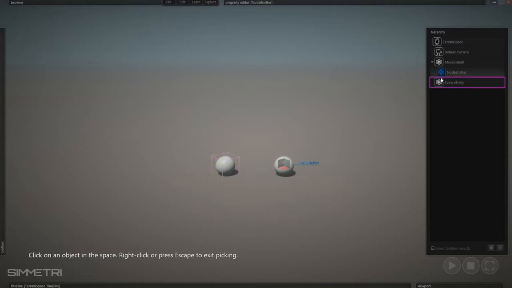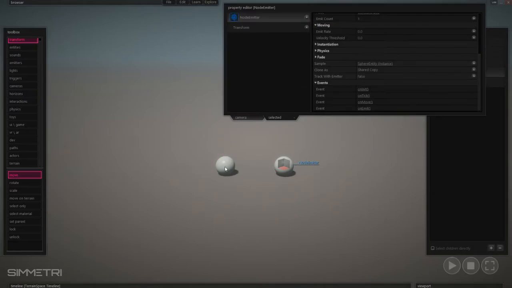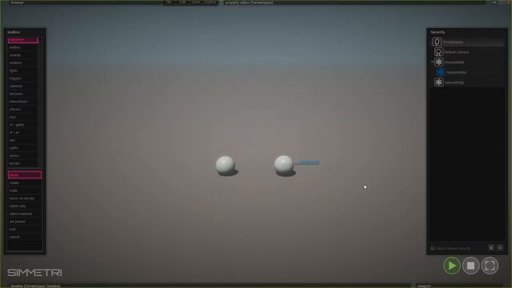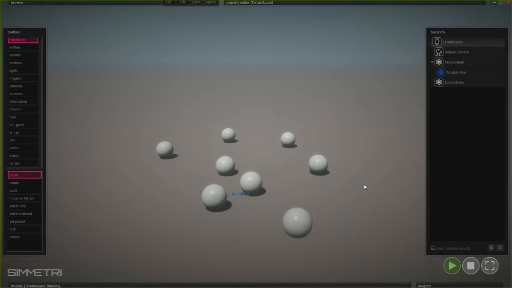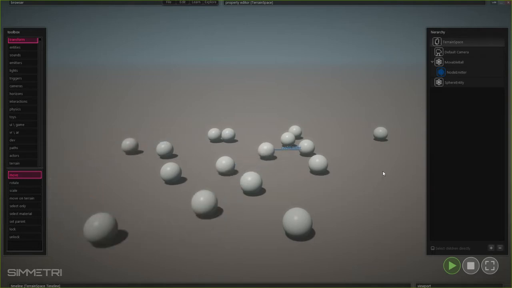So you can select it here. You could also select it there. But now that we've done that, our node emitter should be emitting these spheres. Since they don't have a rigid body, they don't roll, and they don't come out with any physics on them. They just stay behind. They just roll right behind me, and I'm emitting them in this 1 per second kind of pulse, and